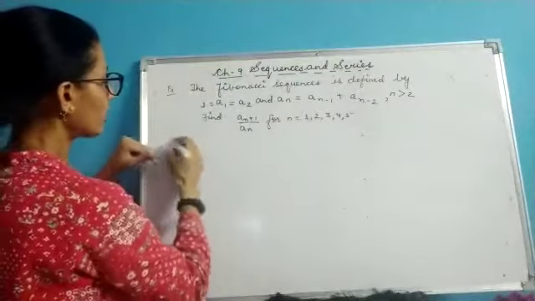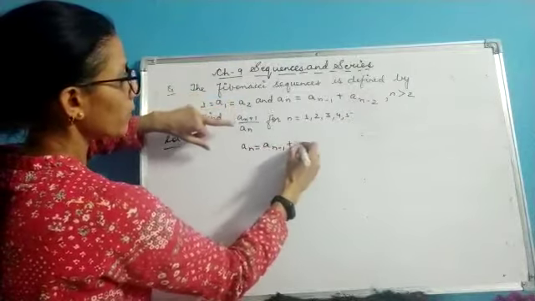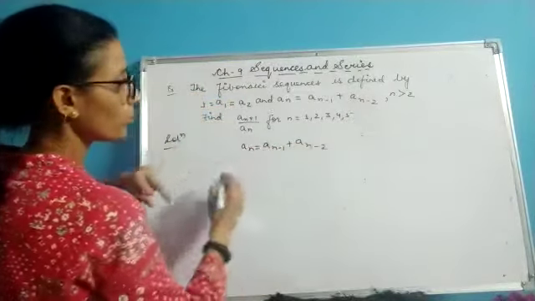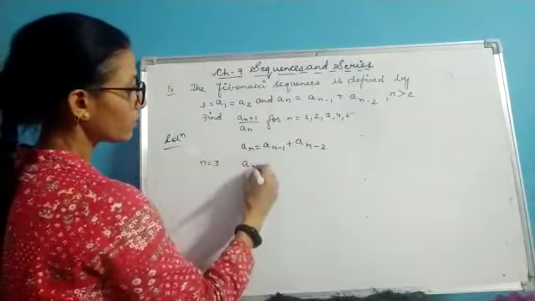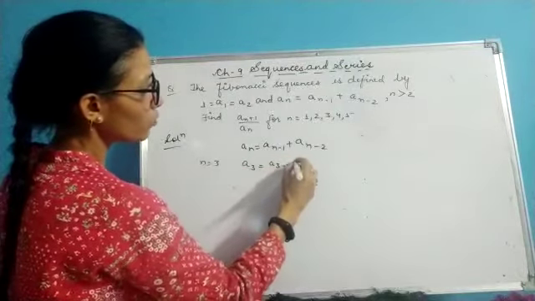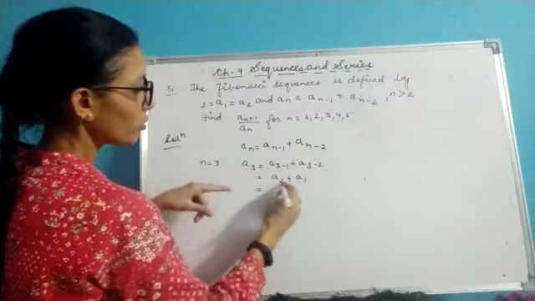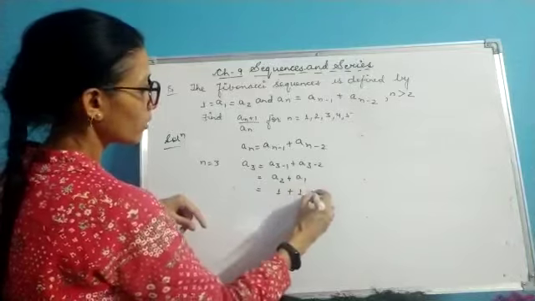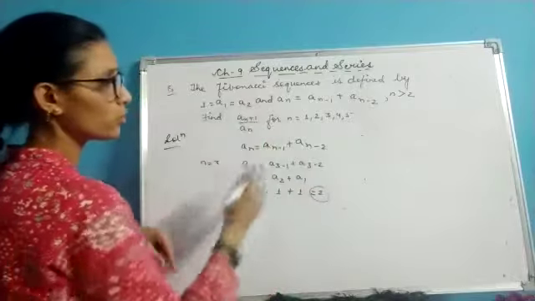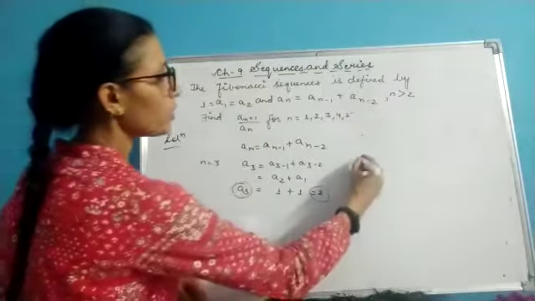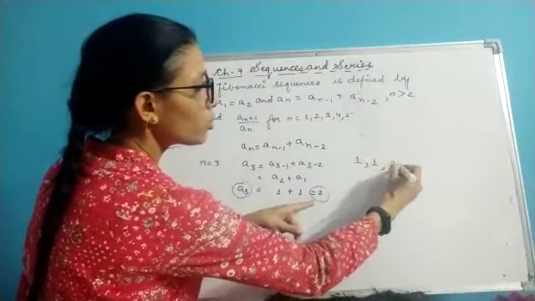So for this nth term, which is an equal to a(n minus 1) plus a(n minus 2), I will be calculating it for n greater than 2, that means for 3. So a3 will give me a(3 minus 1) plus a(3 minus 2), which gives me a2 plus a1. What is your a2? 1. What is your a1? 1, which gives me a3 equal to 2. That means your a3 is the sum of the first 2 terms. So this is the third term. That means your sequence now becomes 1 and 1 and then the next term is 2 and then so on.